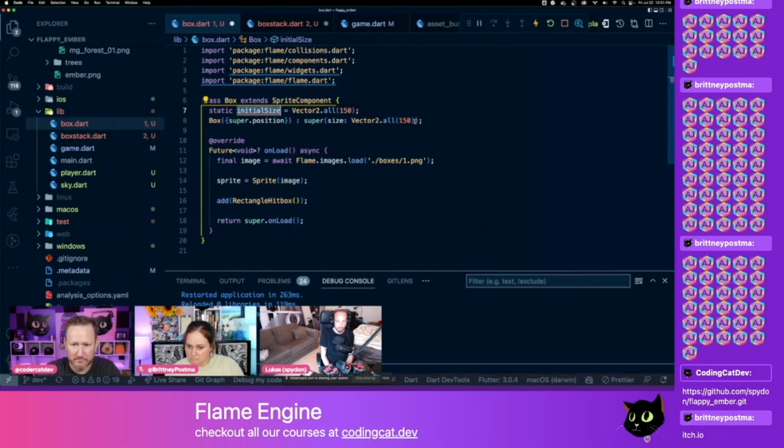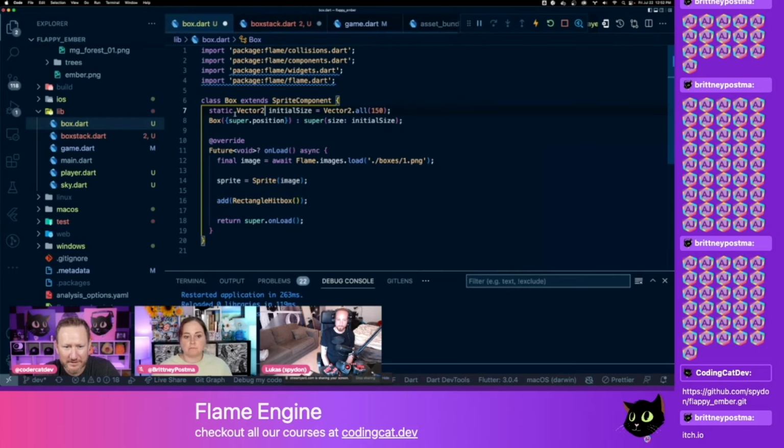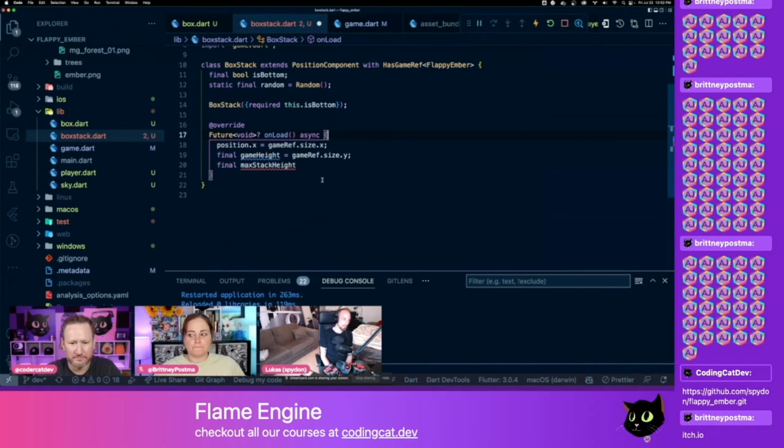And I think you have to give it the type too, maybe, when it's static. Oh yes, I'm so used to JavaScript. You don't need such things. You usually don't, but I think it doesn't infer it when it's static. Do you go like this then? Exactly. Cool. So now you can go back there, and then we can do maxStackHeight equals